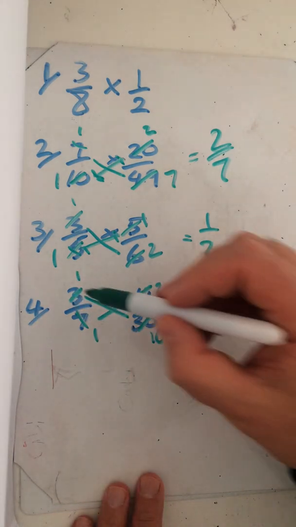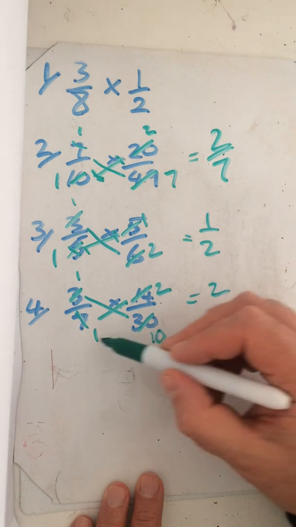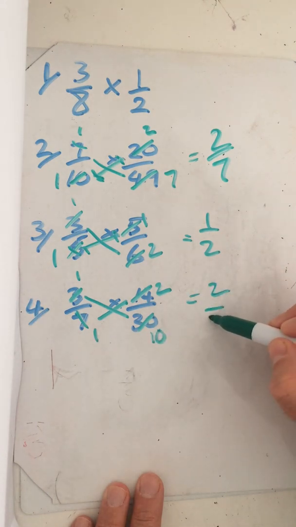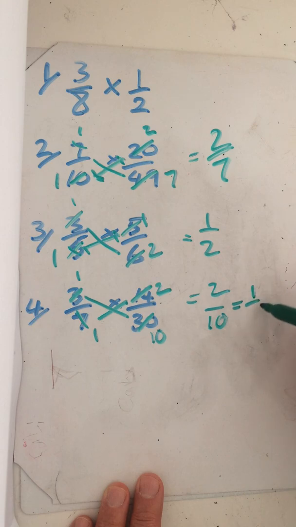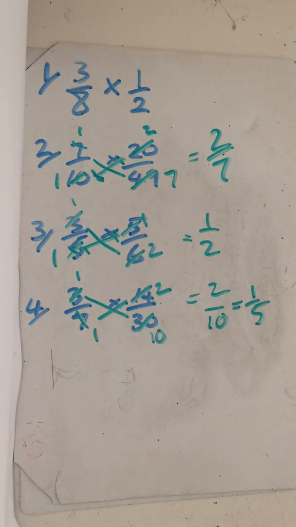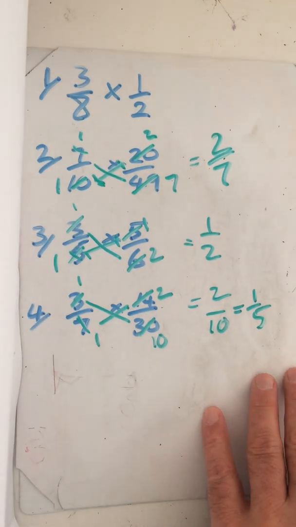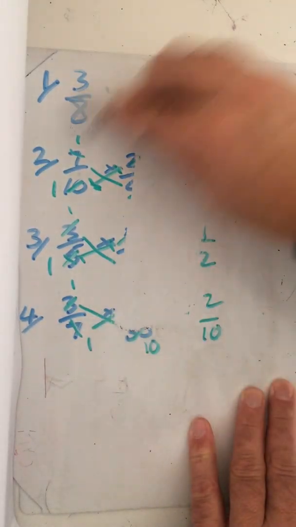1/10. Okay. 1 times 2 is 2. 1 times 10 is 10, and I can simplify that to 1/5. Okay. Hopefully I haven't got anything wrong there this time. Right, so that's multiplying fractions. Now, when you multiply fractions with